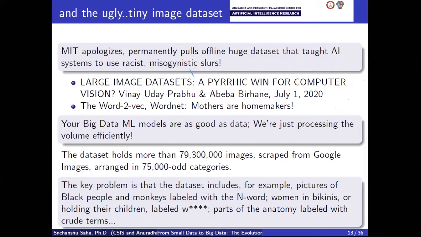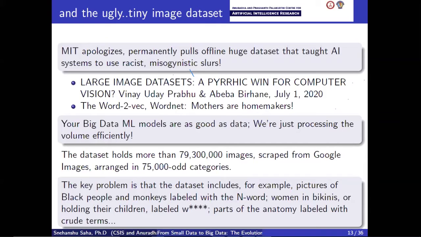Anyway, the point of this slide is not to focus on the ethical digressions, but to tell you that after all this brouhaha, your big data inference models are only as good as your data. You haven't really figured out a way to cross-check the training labels. Imagine this: this data set has been used by at least 100,000 people, and it hadn't occurred to any one of them that whatever they're getting is wrong.